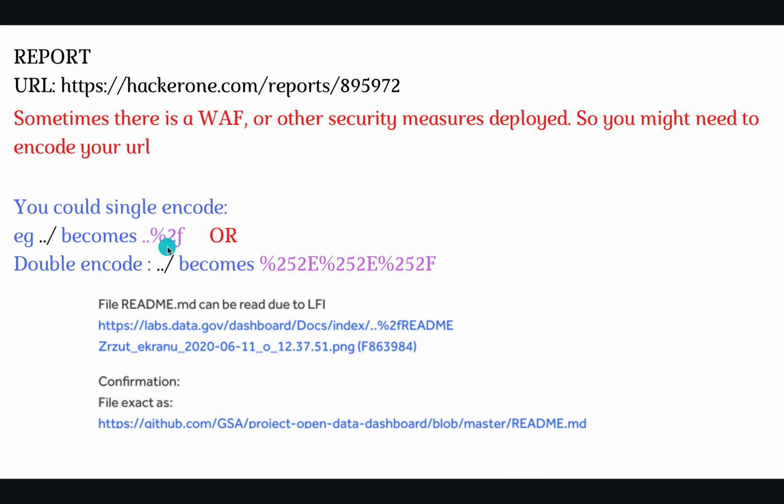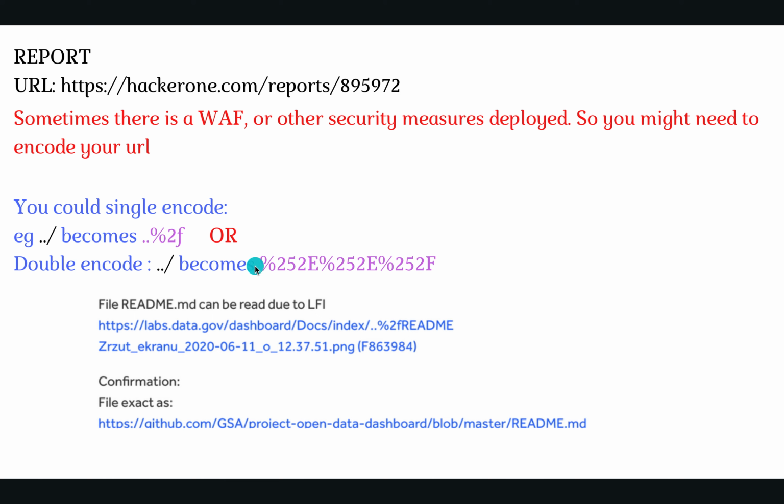Now if this goes into the web server, what will the web server do? It will compare it with this. It is not equal to this. In the next step, it will URL decode this part and it will then fetch you the output. So this is first encoding. Now sometimes even this is blacklisted, so you're going to try this. You can even try to double encode it. So this is called URL encoding, and this is double encoding. This was single encoding, and in the next encoding you even try to encode this part as well. So this is one of the things that you could try to look for LFIs.